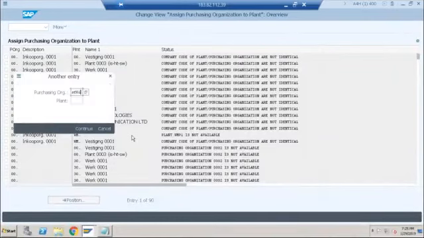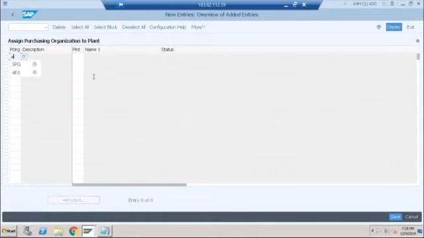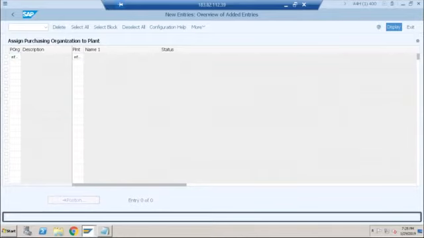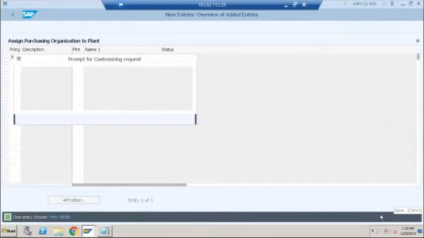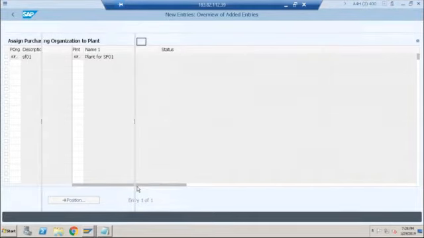New entry. So SF01 to plant SF01. Okay. Let's go and try now. Purchase order, press enter, and let's try to save this.